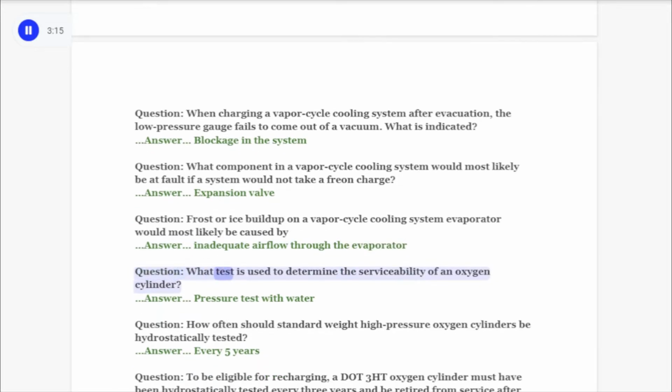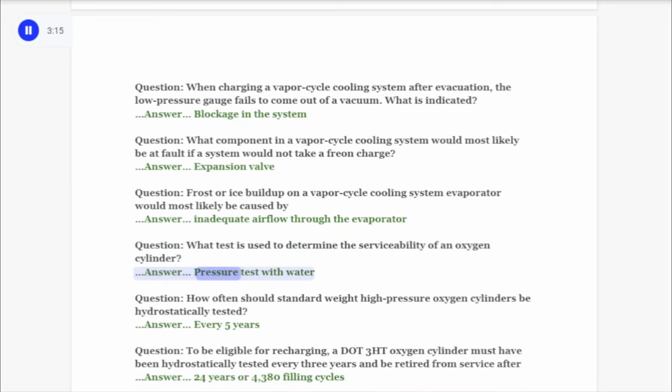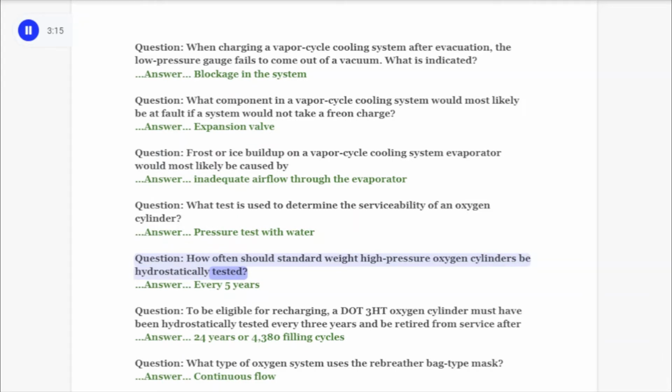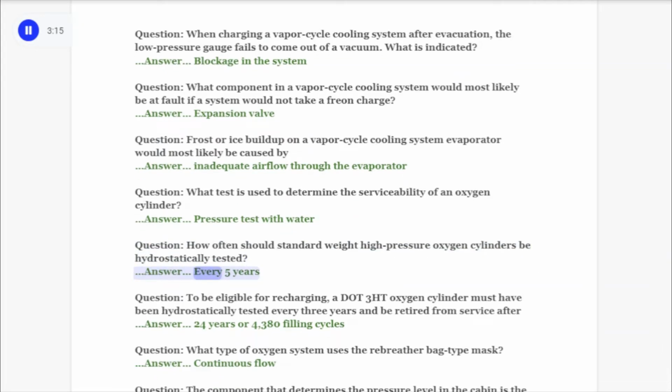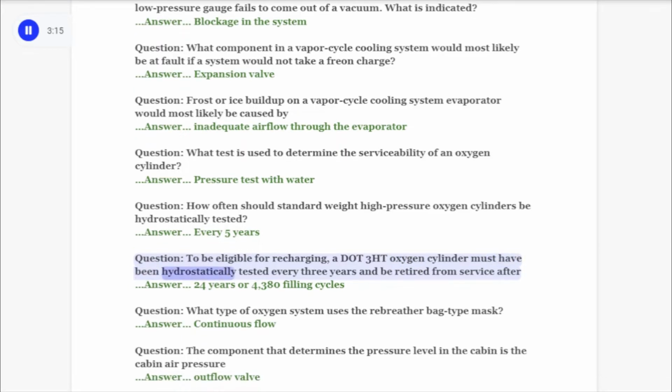Question: What test is used to determine the serviceability of an oxygen cylinder? Answer: Pressure test with water. Question: How often should standard weight high pressure oxygen cylinders be hydrostatically tested? Answer: Every 5 years. Question: To be eligible for recharging, a DOT-3HT oxygen cylinder must have been hydrostatically tested every